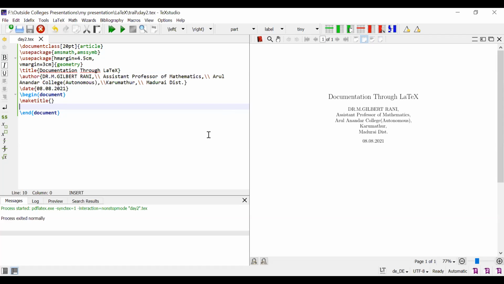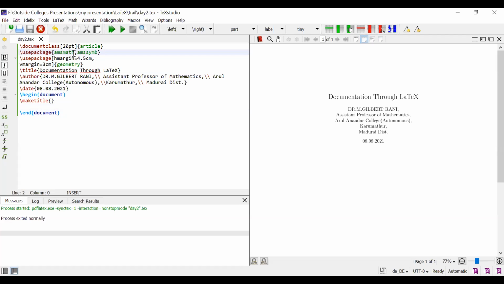Suppose you type neatly, but when you present the same Word document to others, you get confused by alignment problems. But using this text editor, you can type the same thing in a very easy way, and our output is also not misaligned. Today, I'm going to start with some Greek letters and suffix and superfix letters, and how to type them in LaTeX. Before that, I'm going to introduce one command, that is use package.